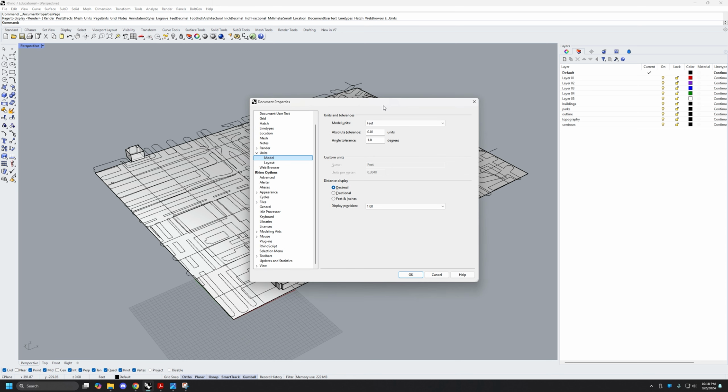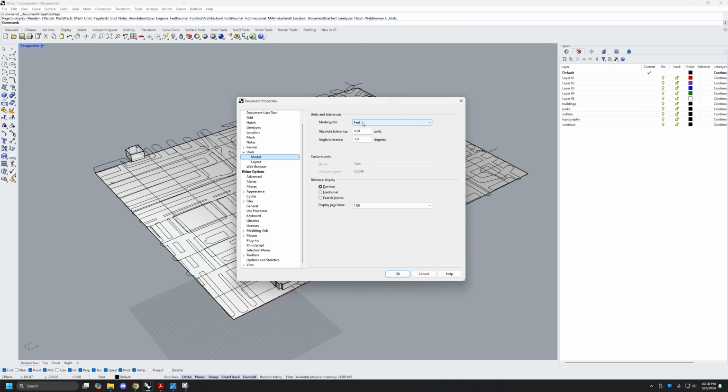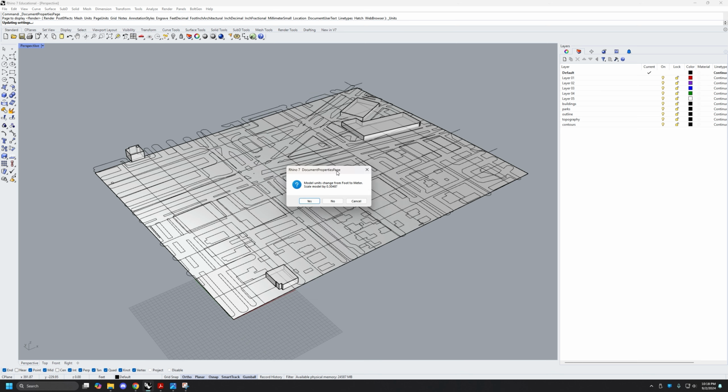All right. Now this will display the current model units. And if we wanted to change it from feet to meters, we would just select meters from the drop-down here. And then we would say, OK. Now, Rhino 8 may differ slightly for this pop-up menu. As we found in class, you want to select the second option if there's multiple options for Rhino 8,